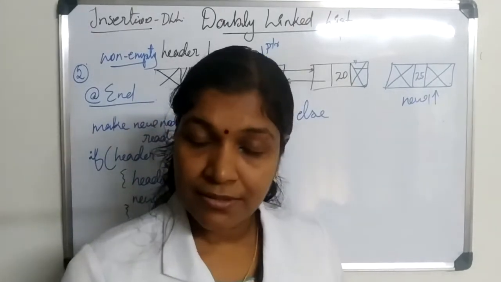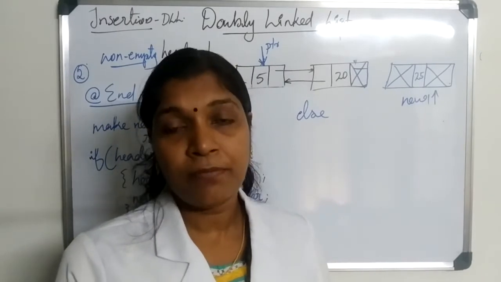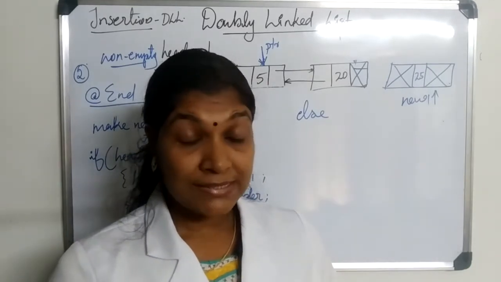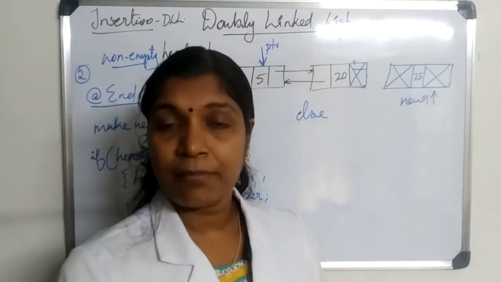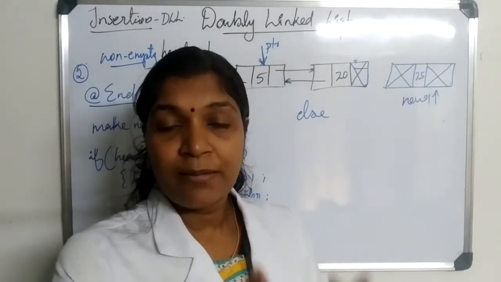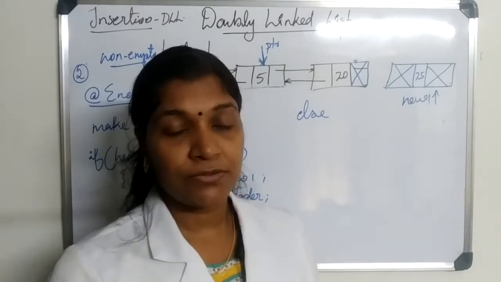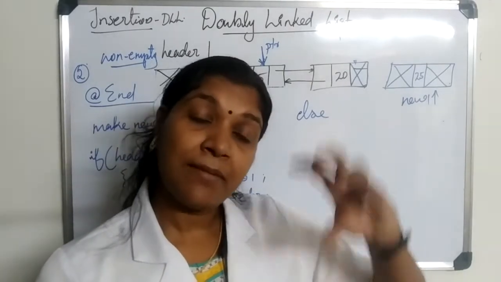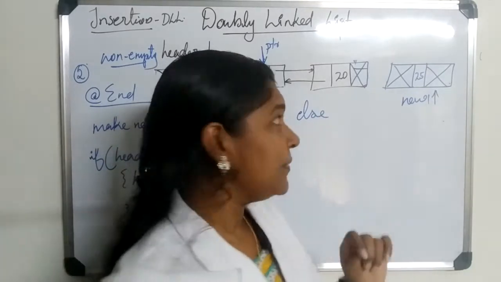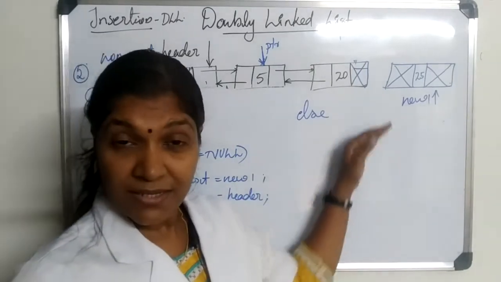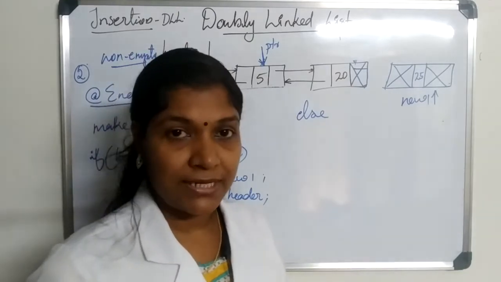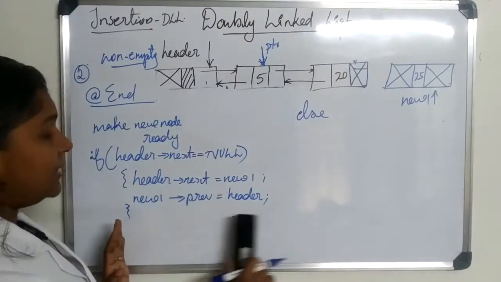In an empty linked list also, we should be able to perform that insertion at the end, at beginning, or at any location. Doesn't matter the status of our doubly linked list, even to the empty doubly linked list, we should be able to enter our new node. Okay, so this is the case. That is why we are considering the empty case in all the three cases: at beginning, at end, and at any location. So I'm not repeating the diagram and code for the empty case because this is the same for all the three cases. Right now that code I have remained here.